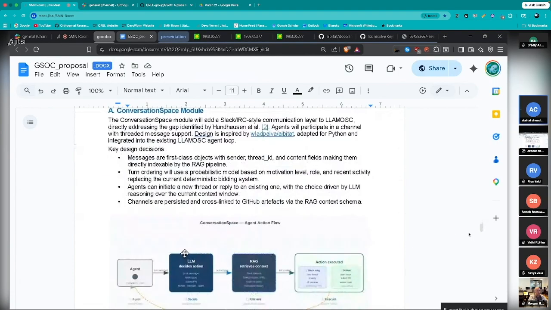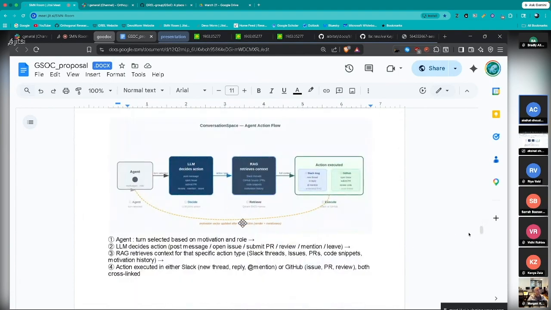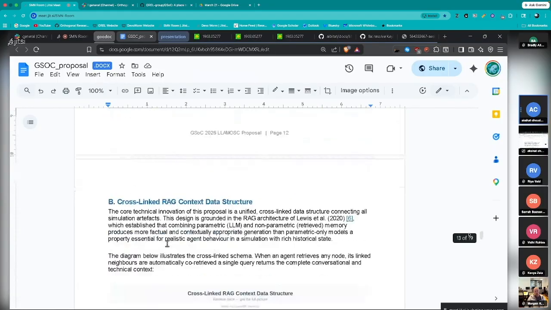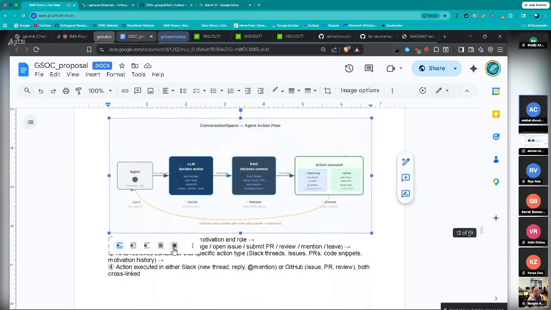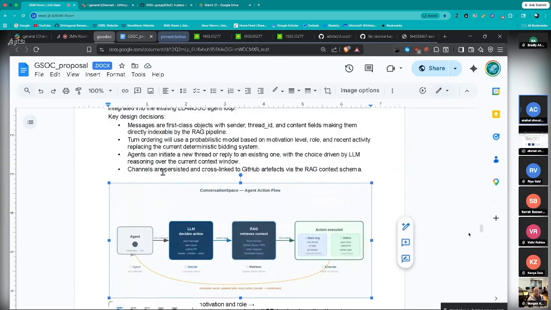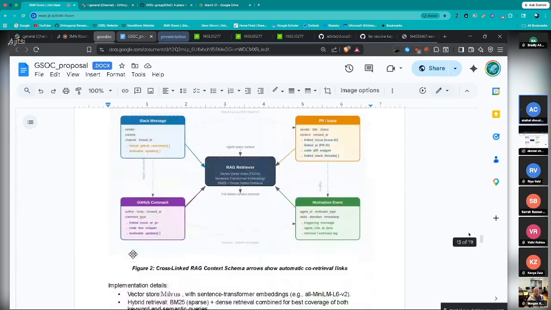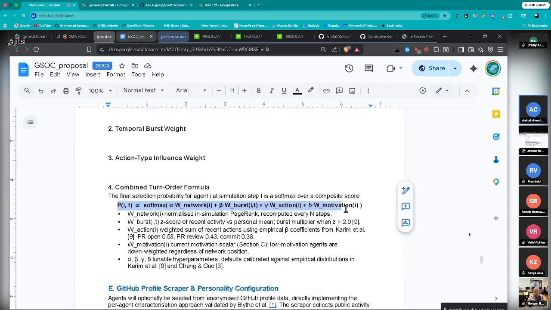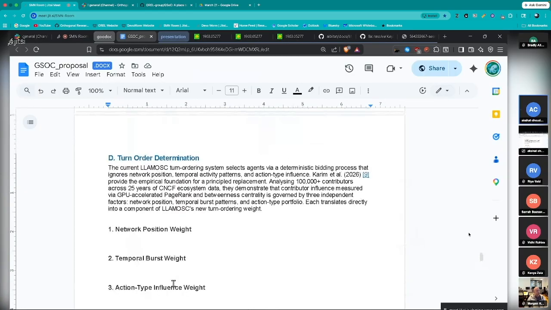So now the proposed implementation I have for conversation space is this. I think I should go over one more thing here. That is turn order. In one time step, we can only have limited actions, and this will be decided for an agent through this mathematical formula. I have found this through a paper. Now I'm working on this part, so I'll talk about this later.